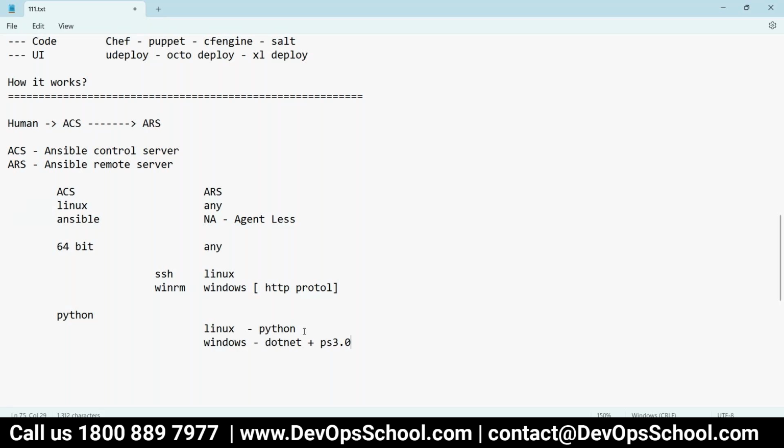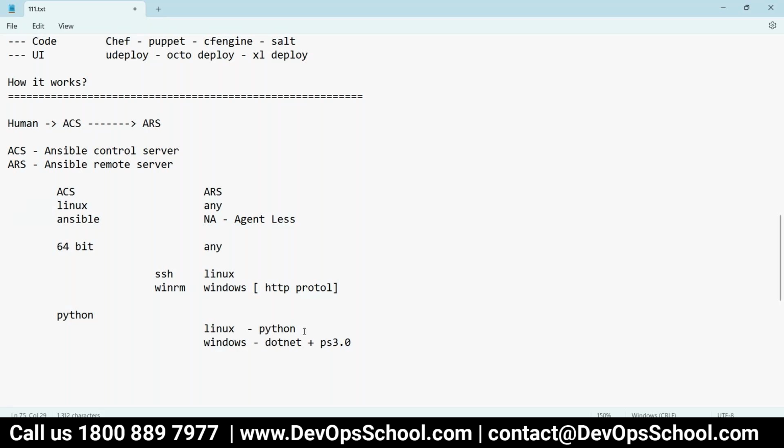Now if someone asks you what the architecture is, I think you will be able to explain it. There is an Ansible control server which is controlled by us. The Ansible control server controls the Ansible remote servers, and ACS has to be Linux. ARS can be anything. On ACS we typically install the Ansible tool.